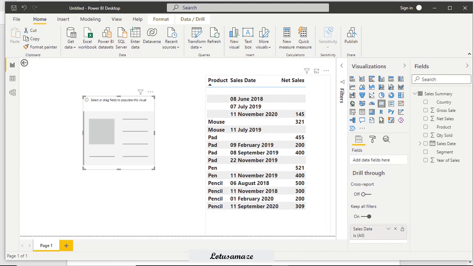First of all, we have taken a table. In the table, we have the product, sales date, and net sales, and some values are missing in some cells in all columns. Then we have a card. First, we create a measure.